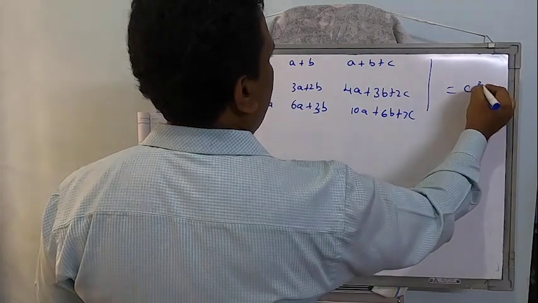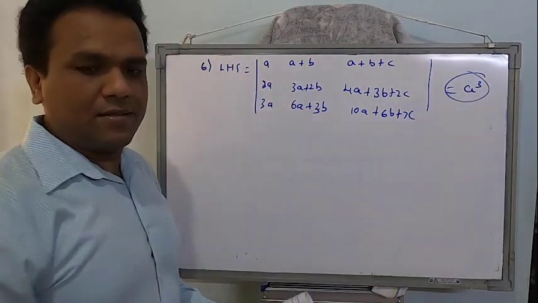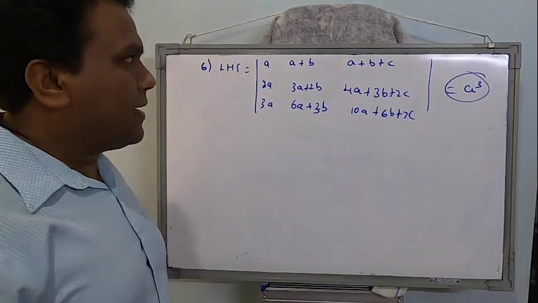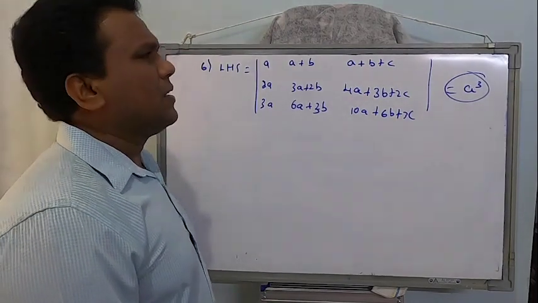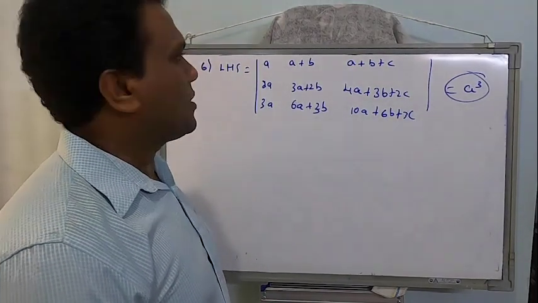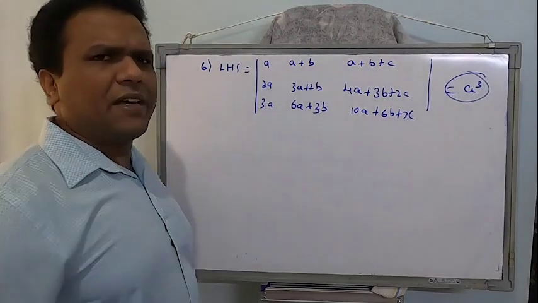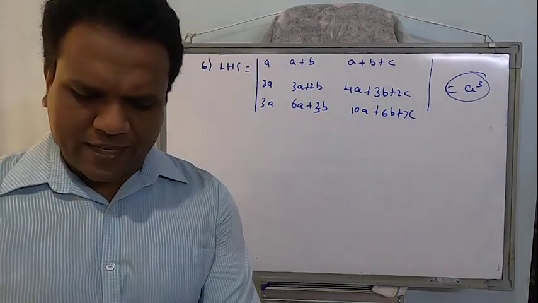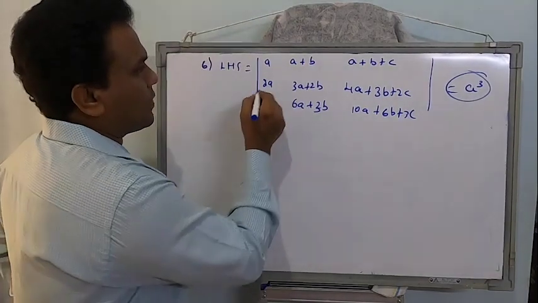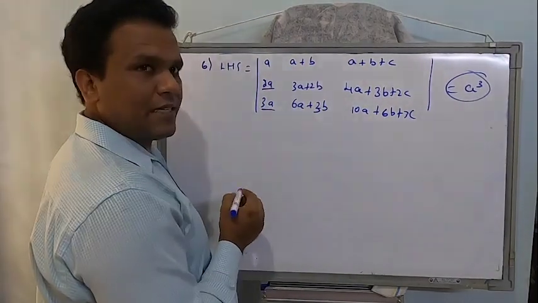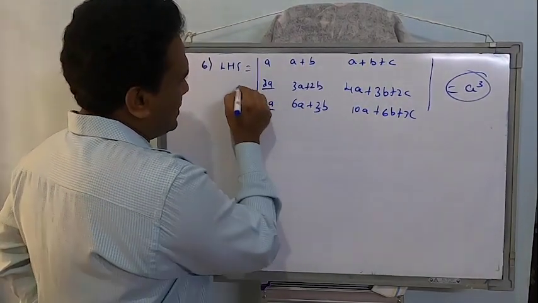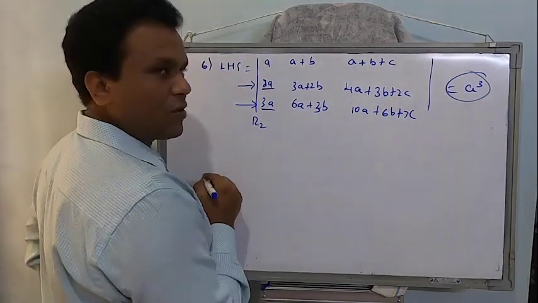As you see, we required A cube. That's why the required answer. Correct. So directly it will take a hell of a lot of time. So let's apply some properties to get the answer. Now, what is my first intention? I should make some elements 0 before I go for the expansion. So I will concentrate on making these two elements 0. So this is an element of R2 and this is an element of R3.